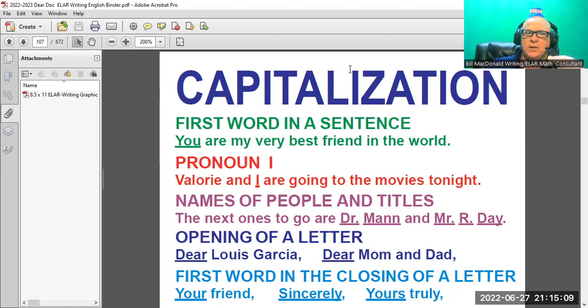It would be yellow. So I'm going to check. Yes, the D is capitalized. The size is bigger because I pushed the shift button. And I even have a stop sign there because I have to stop and say, how do I abbreviate doctor? How do I abbreviate Mr. and Mrs.? But since we're only focusing on